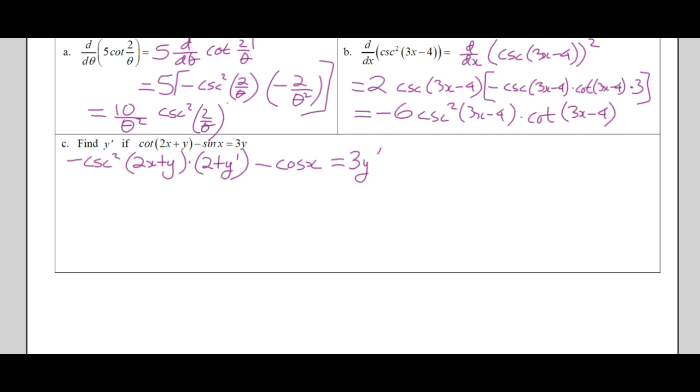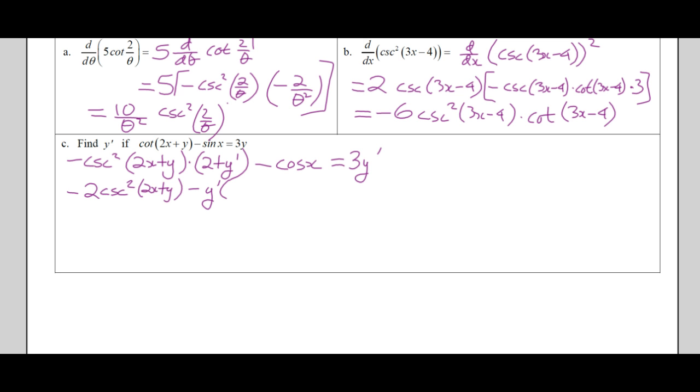We've got to expand that left expression, then collect our y primes on one side, and then factor out a y prime, and then divide, and we're done. So really it's just algebraic manipulation at this point, right? So I've got this thing, so I'm going to get minus 2 times this, minus 2 cosecant squared of 2x plus y. Okay, now another minus, so minus y prime